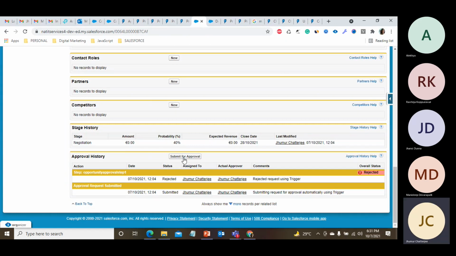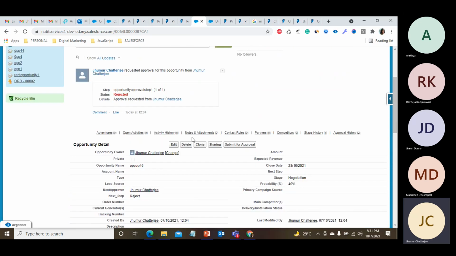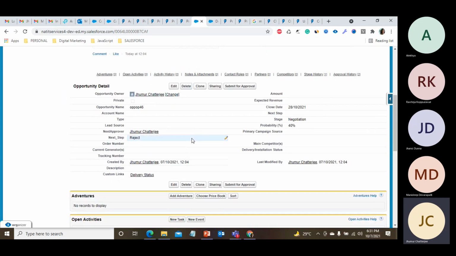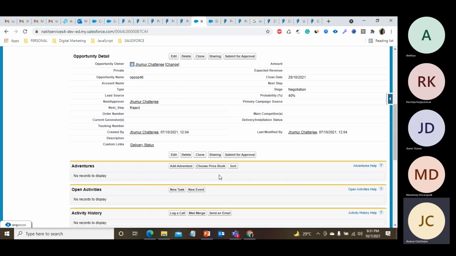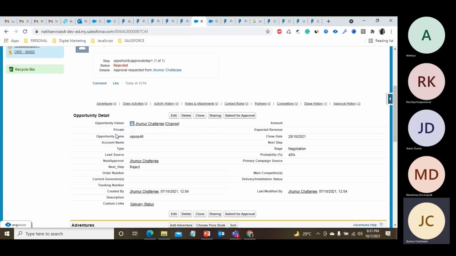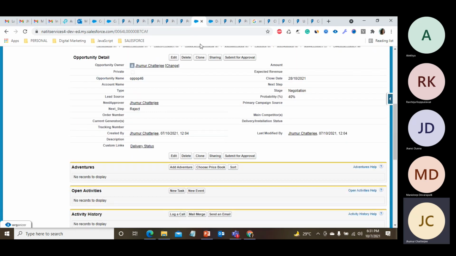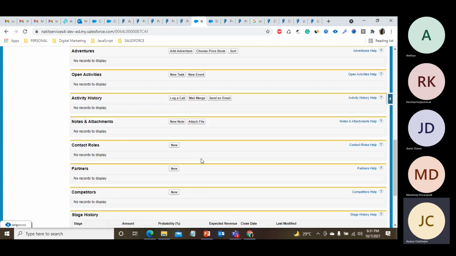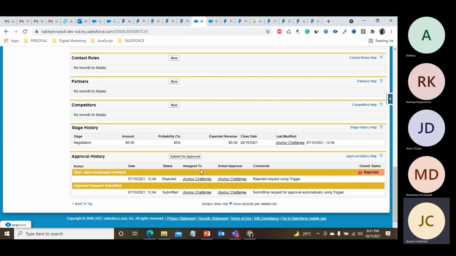If we click it, the request goes to the approver, who approves or rejects it based on the requirements. This is an out-of-the-box feature: when we create any approval process and then create or update a record, if the record meets that criteria, this option comes up.